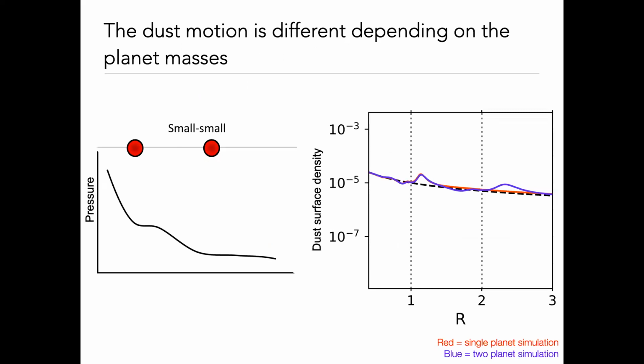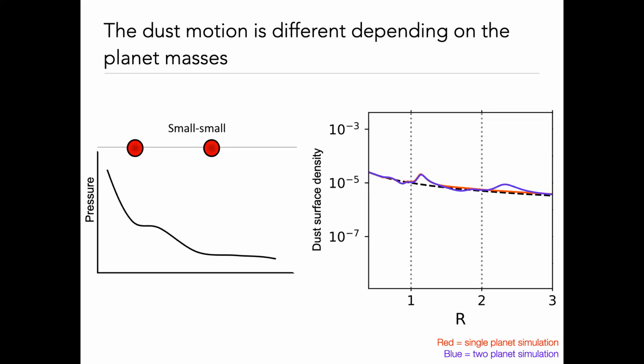On the left-hand side, you're seeing the schematic diagram from the slide before. This is the case where you've got two low mass planets, and then on the right-hand side, you've got the dust surface mass density against radius. This is all in code units. In the paper, we do actually put it into perspective with some actual physical numbers, and I'll talk through some of those as we think about some of the observations. But if we go with the code units to start off with,